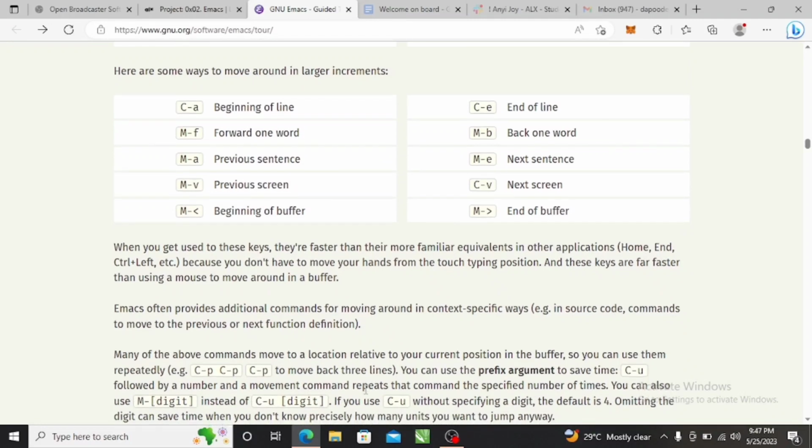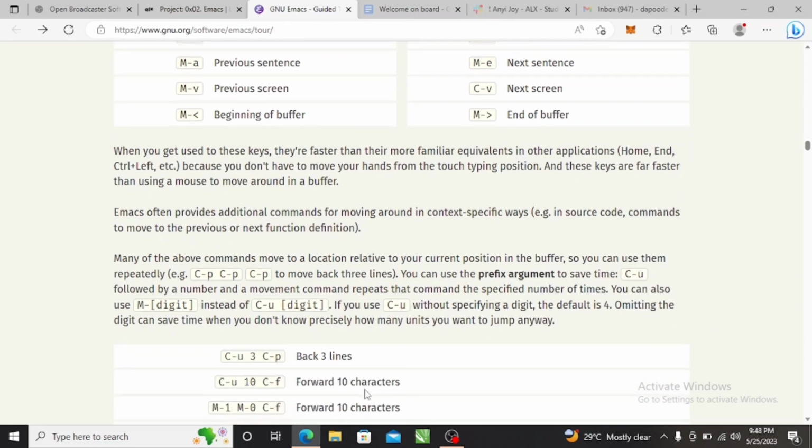Because your hands will still be on the keyboard, you can do them quickly and easily without using your mouse. Emacs also provides additional commands for moving around in context-specific ways. In source code, there are commands to move to the previous or next function definition. So many of the above commands move to a location